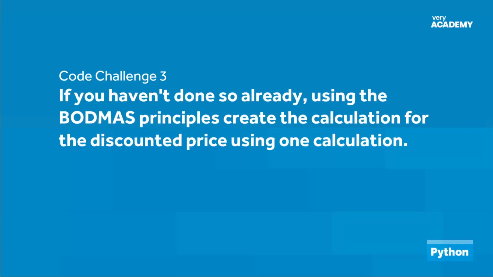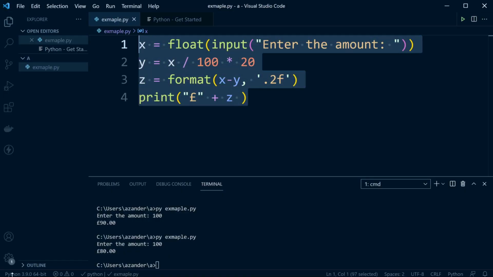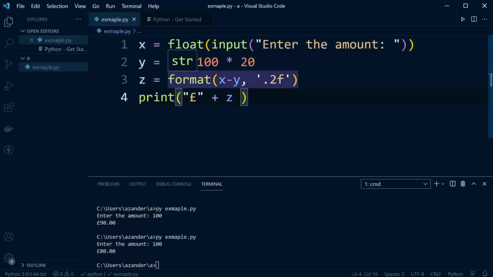So here in challenge 3, we're going to use the existing code we created in the last challenge. What we need to do now is utilize the BODMAS principle to create the calculation for discount using just one calculation. So I think we actually already did this previously. I think we've already covered this in actual fact. So you may have created a different calculation for the second challenge. I was just capturing that. So for example, here you might take in,